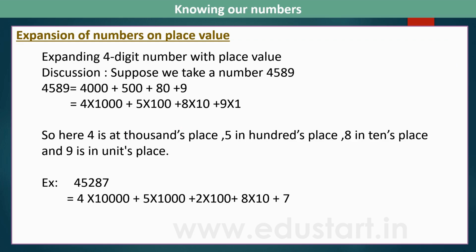Expansion of numbers on place value. Expanding a 4-digit number with place value. Suppose you take the number 4589. Now 4589 is equal to